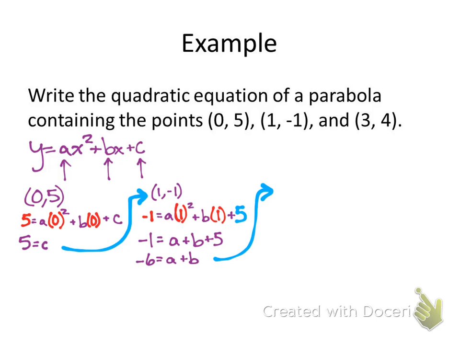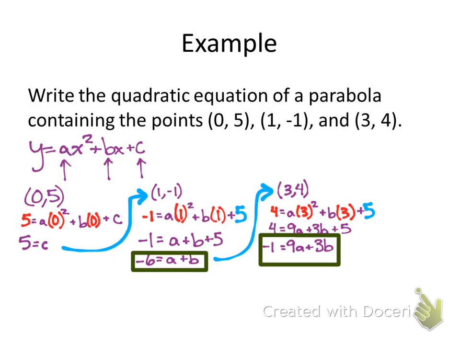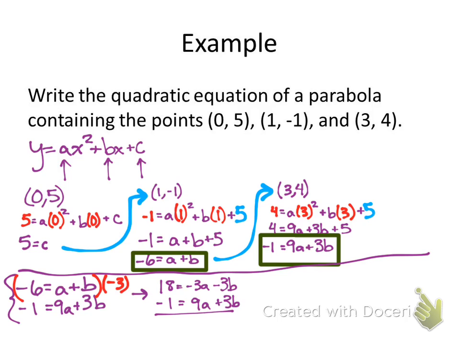From this point, we use our third. When we plug it in, let's keep in mind that C was 5. One last time, I'm plugging in the point 3, 4, and I make sure my C is also being used, and I clean it up. We've got 2 equations that we developed, and yes, we're going to have to use elimination. So let's stack them on top of each other and figure out what I'm going to have to multiply by to eliminate a variable. After we multiply the top equation by -3, and we go through a process, we will now have